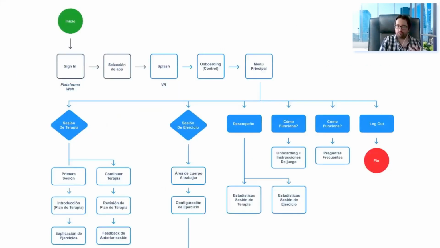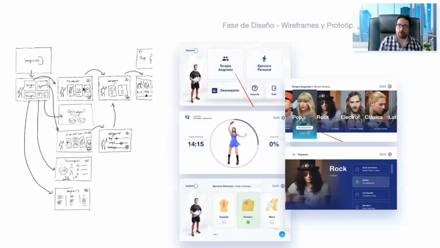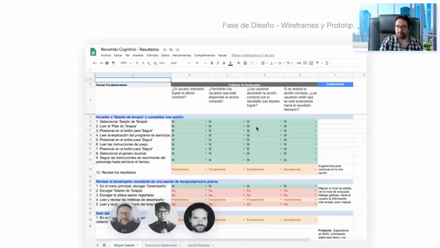So we're going to do a couple of these again, but I thought of a site map and the flows that the user will experience when using this product. I worked on low and mid fidelity prototypes, and I used the mid fidelity prototype to be tested with design experts. I chose a list of tasks they have to do. And the experts, when they saw my prototype and put themselves in the shoes of the user, they said,